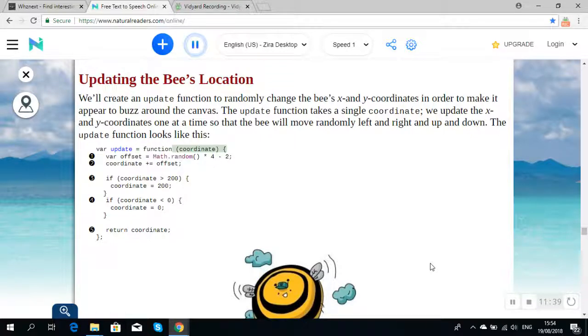var update = function (coordinate) { var offset = Math.random() * 4 - 2; coordinate += offset; if (coordinate > 200) { coordinate = 200; } if (coordinate < 0) { coordinate = 0; } return coordinate; };